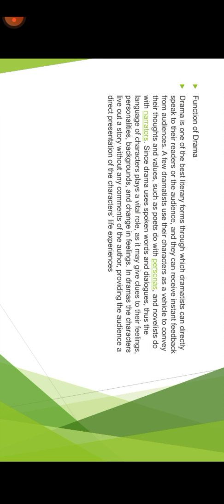A function of drama. So, drama is one of the best literary forms through which dramatists can directly speak to their readers and their audience. Of course, by reading, by letting them read your drama or your written book or story. So, the dramatist can speak directly to the readers. The readers also will acquire knowledge, new ideas, learnings, new vocabularies, comprehensions are being molded. So they can receive instant feedback from audiences, of course.